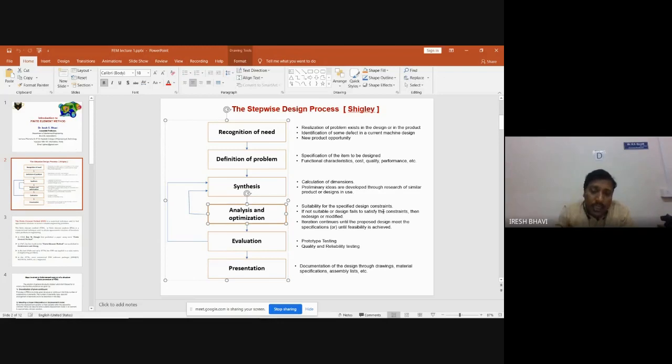So here what happens? They will make it 100% okay in the software simulation itself. Then later they will send it for prototype testing, because you cannot avoid experimental testing. Experimental testing is very important. You cannot avoid it, but you can reduce the number of experimental tests. So that is very important. By that you can save most of the cost.